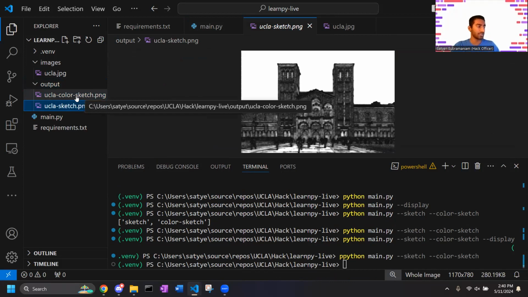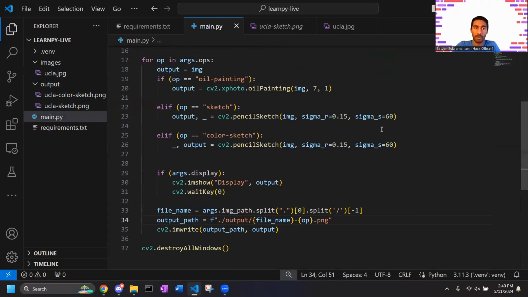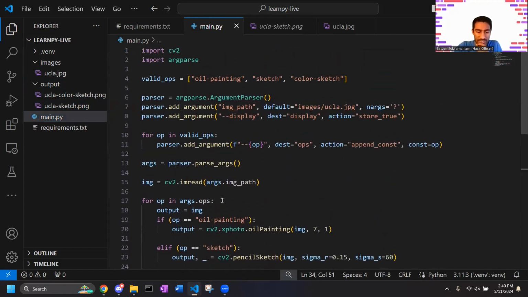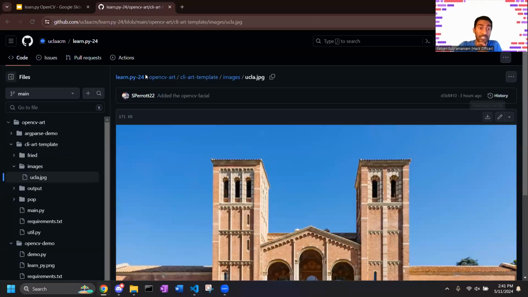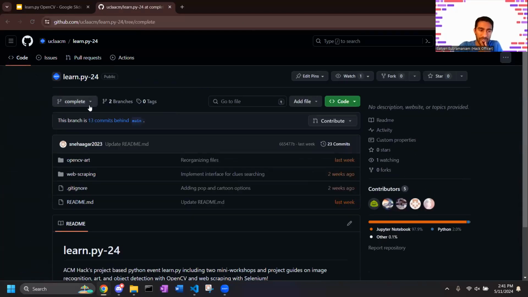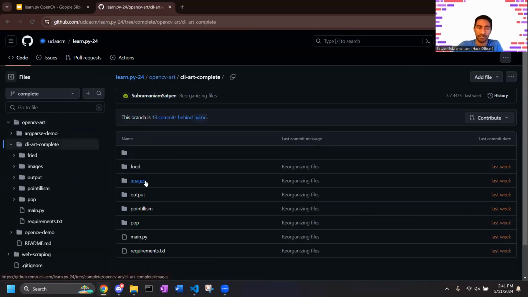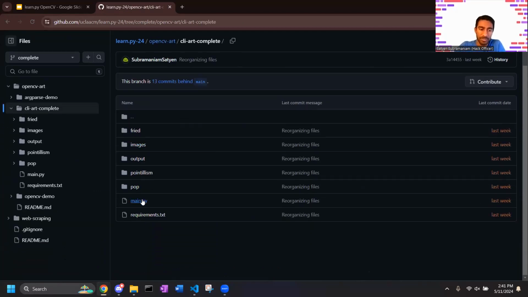Okay, great. So that's more or less the end of the guided demo that we're going to do. What I will quickly show you is that the GitHub repo does have a completed version. If you go back to the repo here, I will merge this into the main branch after this. But if you switch over to this complete branch and look at the OpenCV art folder and go into this CLI art complete, and then learn.py,